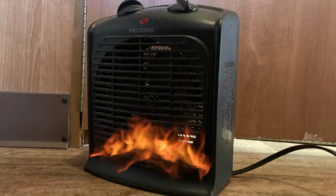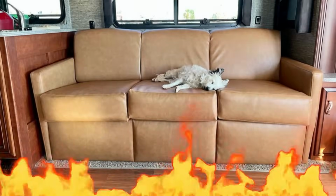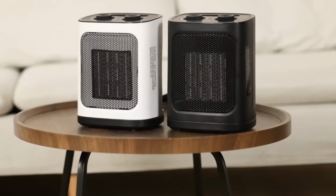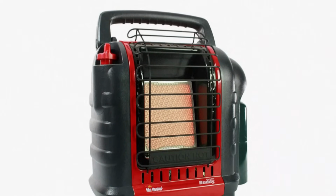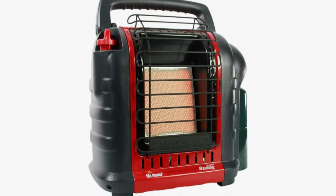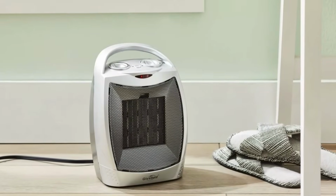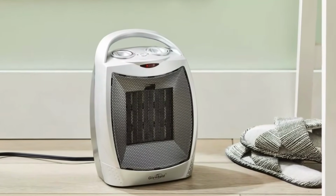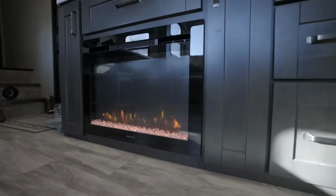When space heaters overheat or ignite nearby materials like curtains, bedding, or furniture. Using space heaters with automatic safety features provides essential protection. These models automatically shut off if they tip over or overheat, significantly reducing fire risks. Choosing heaters certified by recognized organizations like UL or ETL ensures they meet strict safety standards for use in confined